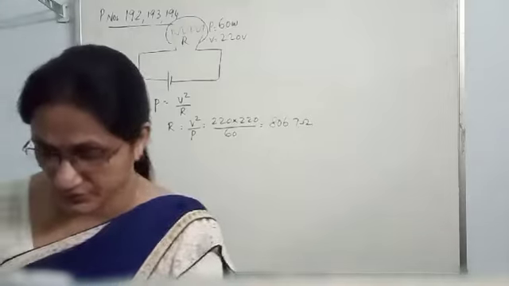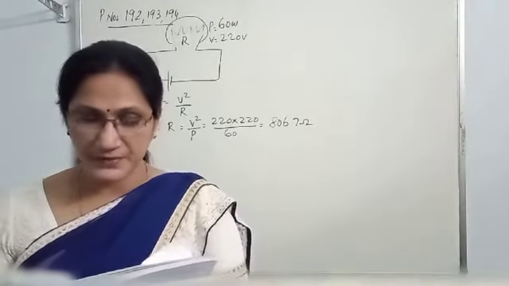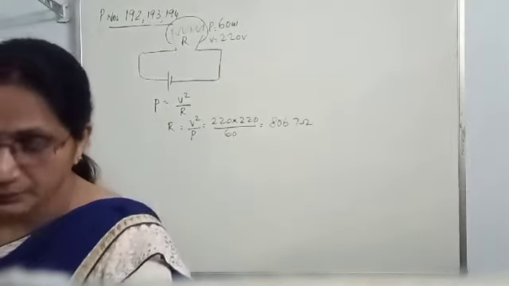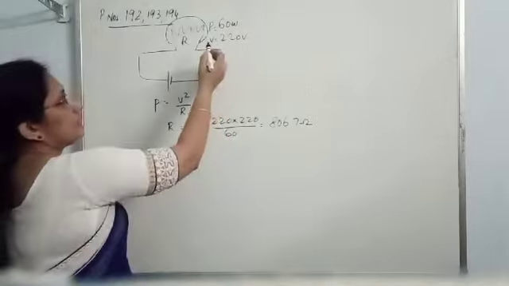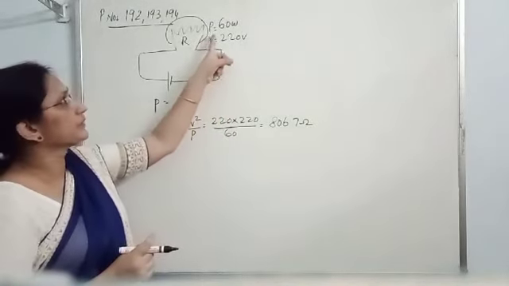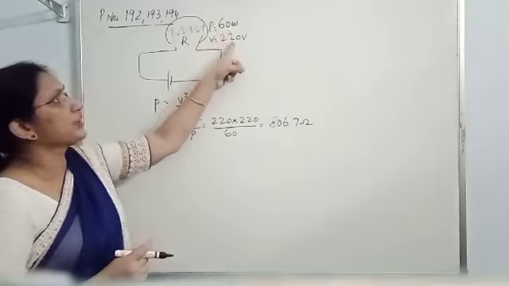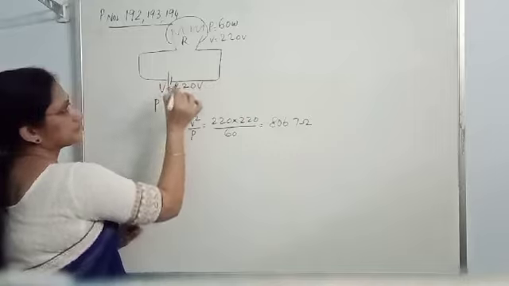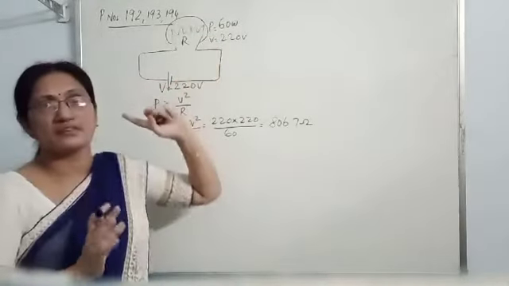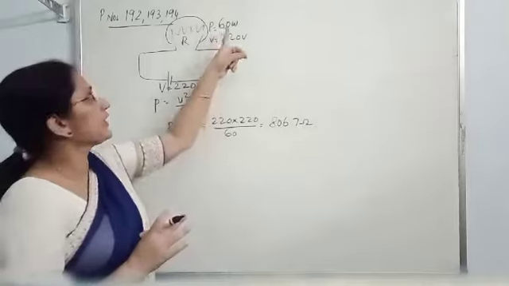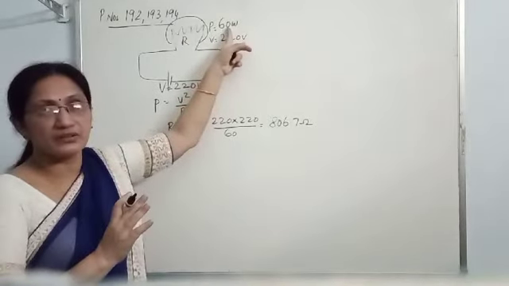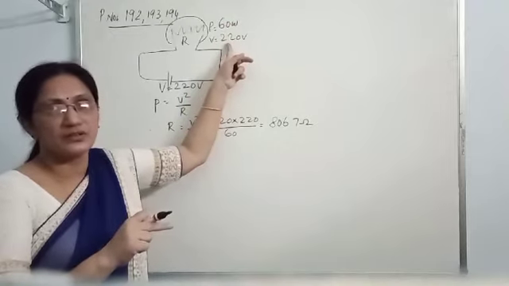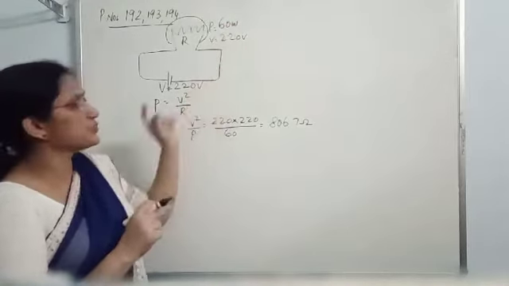Next part of the question is, if two such bulbs are connected in series with the supply of 220 volt, what happens to the brightness? Look at the case with a single bulb. This bulb requires 220 volt and you are supplying the required 220 volt here. So the bulb will have its maximum brightness, since we are providing the required voltage.